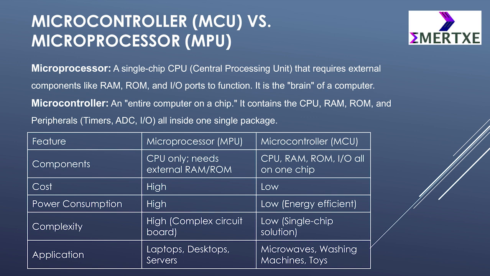Now we look at the heart of our system. It is important to distinguish between a microprocessor and a microcontroller. Think of a microprocessor as a very powerful brain that needs external organs like external memory and input output chips to survive. These are found in our PCs and are great for high speed multitasking, but they are expensive and consume